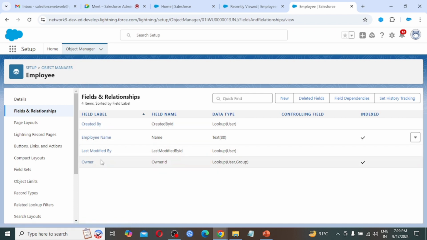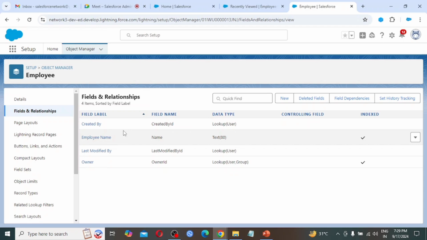This is again an interview question. If we are creating our own custom object, is Salesforce creating any fields? Or in the next type, they are asking, created by field is created by whom? That is created by us, or created by Salesforce and given to us.